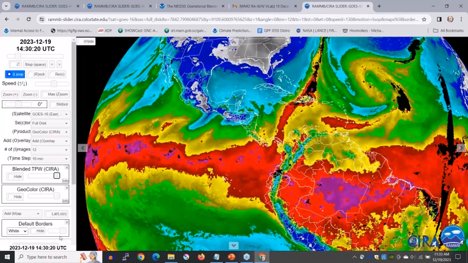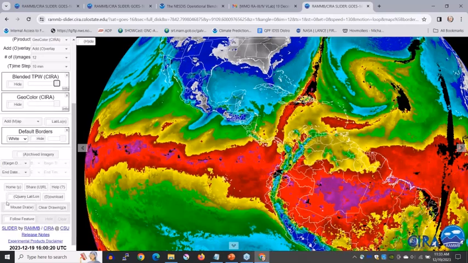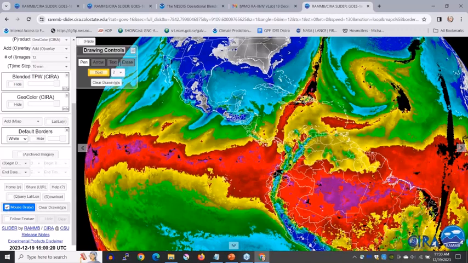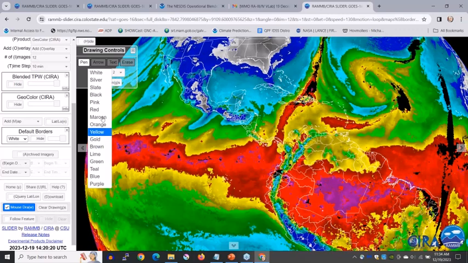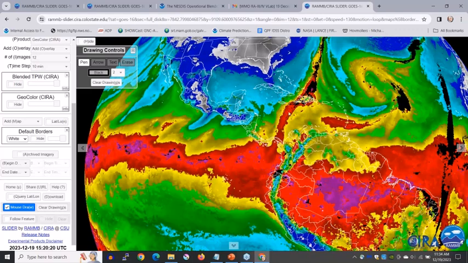And something that is catching my eye, I don't know if it's catching yours, is how much precipitable water we can find along the shear lines. Algo que me llama la atención, no sé si ustedes también, es la cantidad de agua precipitable que podemos ver con las líneas de cortante, ¿no? This is kind of a textbook description of what tends to happen with shear lines. Esto es como una descripción casi de libro de lo que puede pasar con los shear lines, because whenever you have a prefrontal shear line like this one,